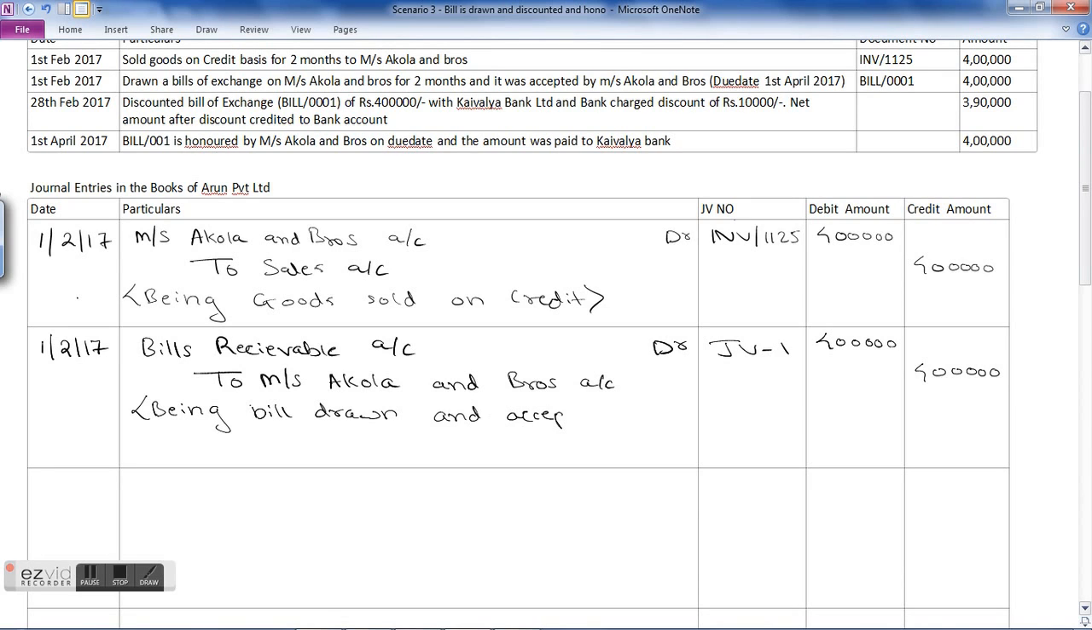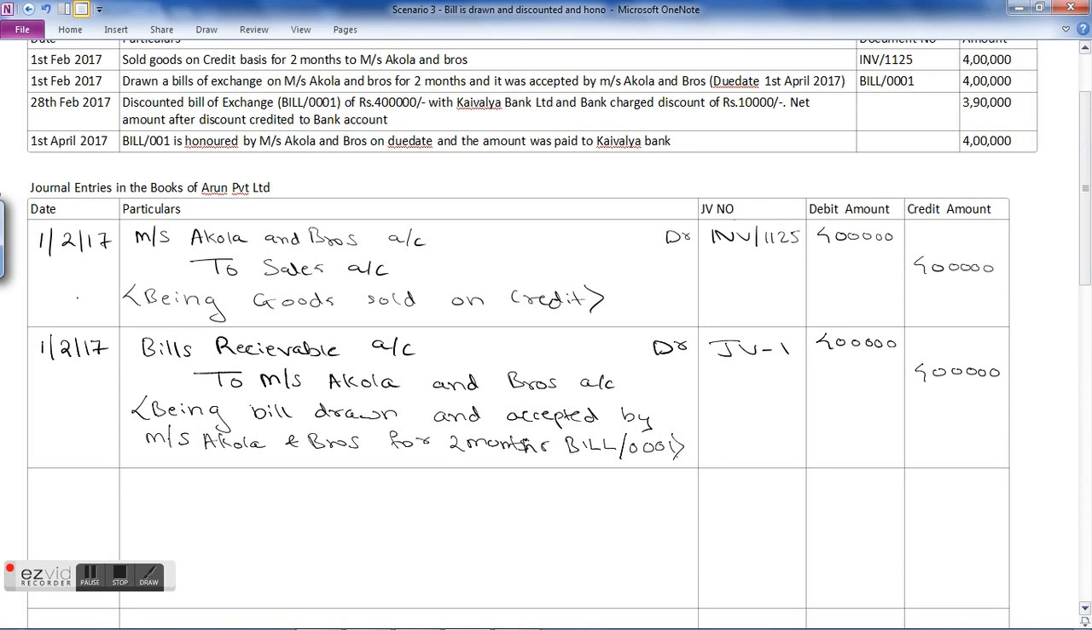Bill drawn and accepted by Messrs. Akola and Brothers for 2 months, and bill number is bill/0001. Okay, now what has happened is on 20th Feb 2017,